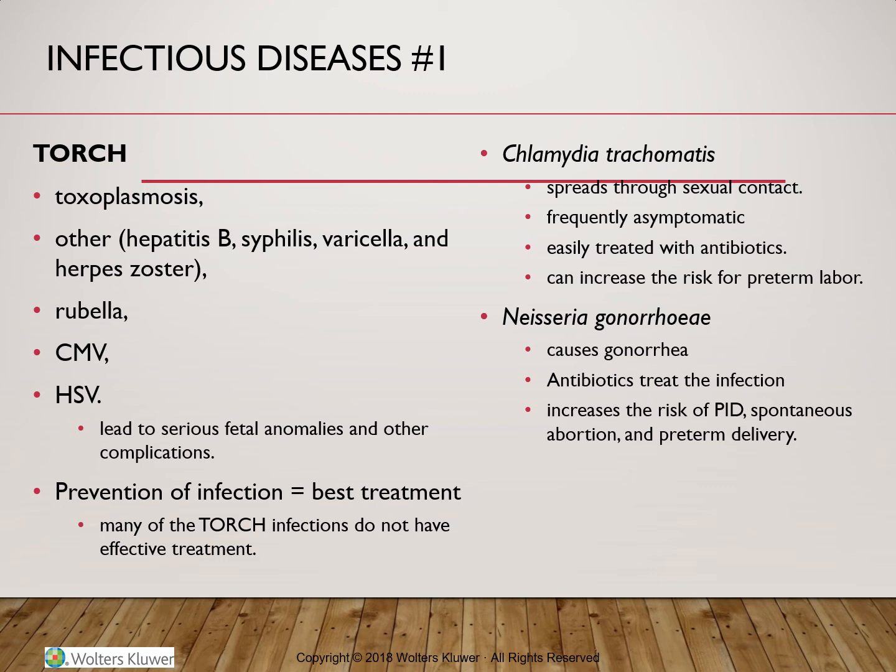Gonorrhea is caused by a bacterium, Neisseria gonorrhoeae, and is the second most common STD in the United States. Gonorrhea is transmitted during sexual contact, with the primary site of infection for women at the level of the cervix. The diagnosis is made by taking a culture. The initial symptoms may develop within 2 to 10 days of exposure, and may be mild.